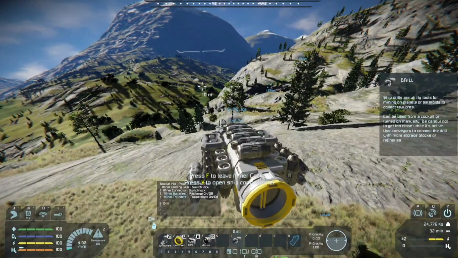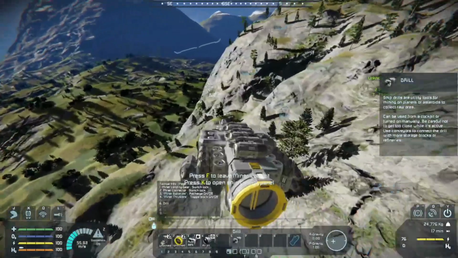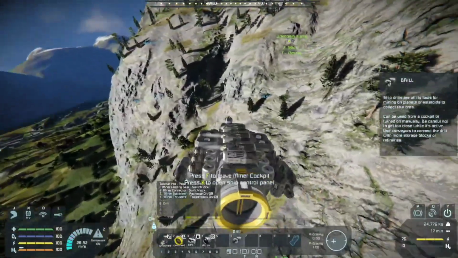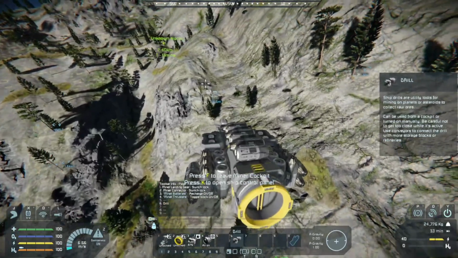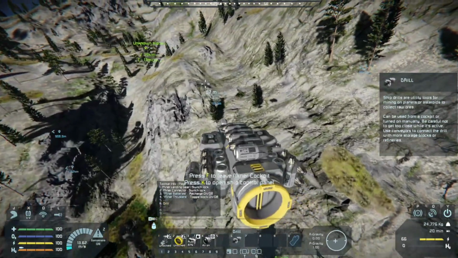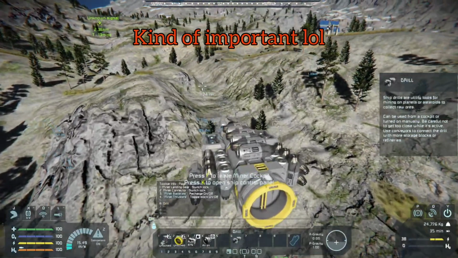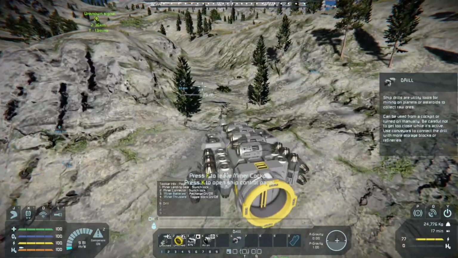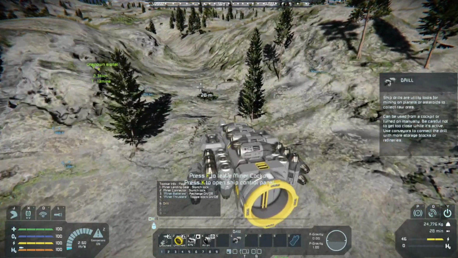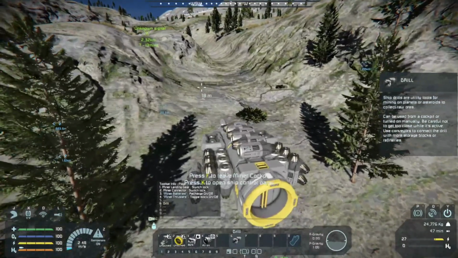So, what I'm gonna get first though is the ice, because I want to be able to refill my hydrogen and be able to fly around. And I think I'm down to like 250 ish. What I'm gonna do